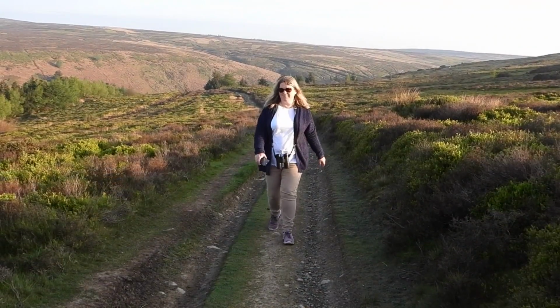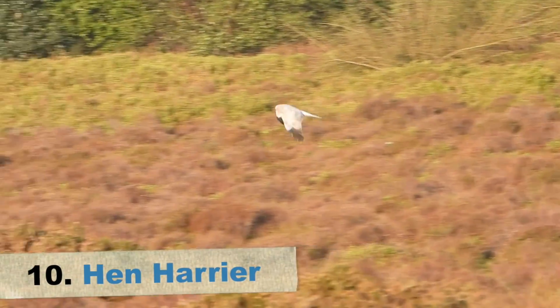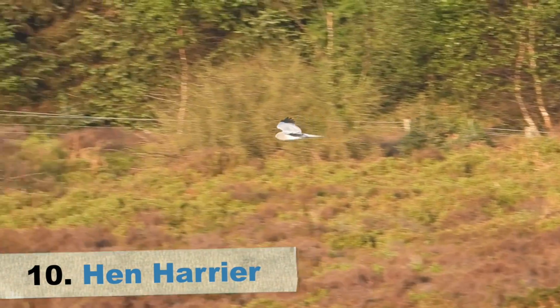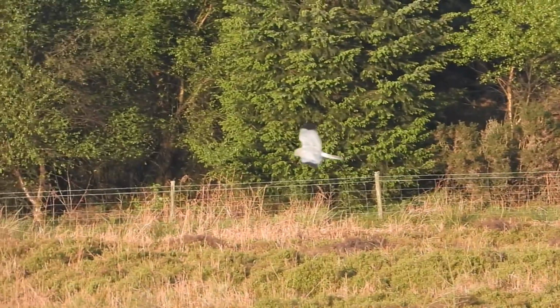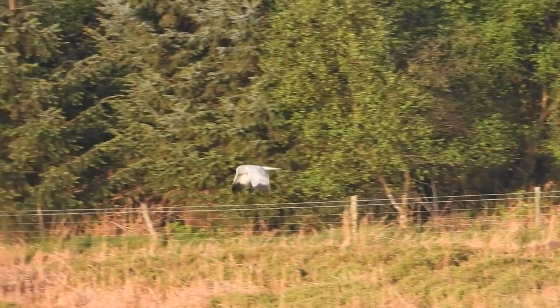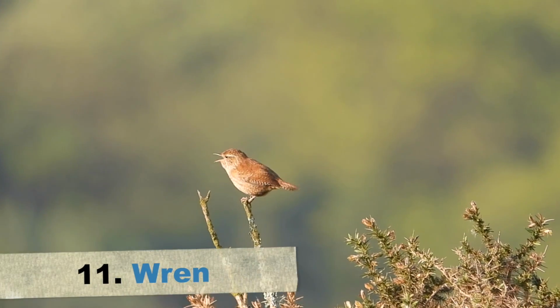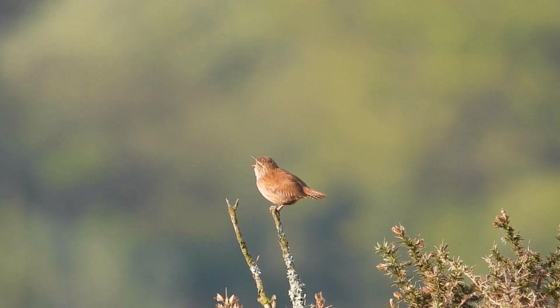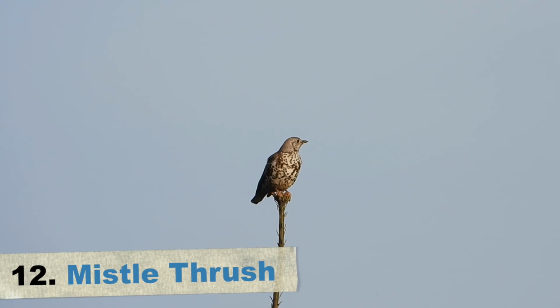A little bit further around the headland, there was a lovely surprise. It was a male hen harrier. I'd seen one of these here before in recent weeks, but Kaylee had never seen a male hen harrier before. These birds are also red listed and are heavily persecuted on grouse moors, so a really nice addition to the big day. Our list grew fast with sightings of wren and mistle thrush,